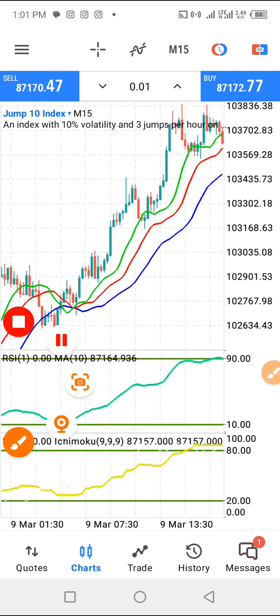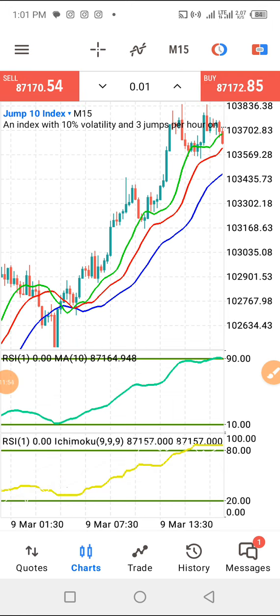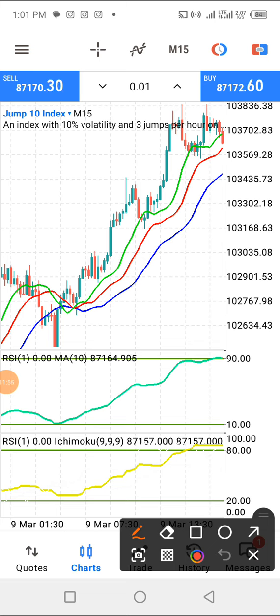For the condition of buy, it is just the opposite of the sell. That means in the buy condition, we want to see the green moving average in the first window touching level 10, then probably in the second window, we want to see it also closer to that level, or even touching that level likewise. Is that clear?